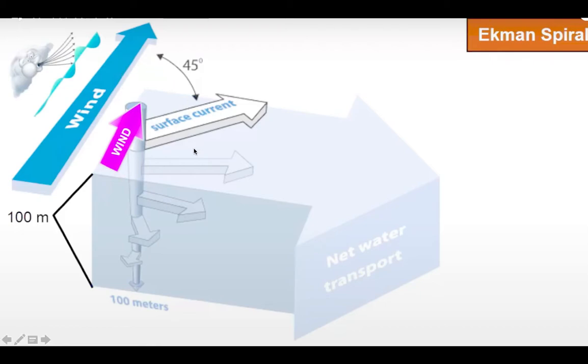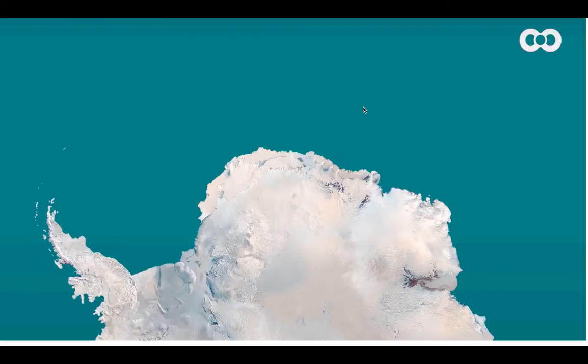But the net movement, if you do vector on this, okay, तो वेक्टर से तुम जब डायरेक्शन पता लगाओगे, the net movement is always at a 90 degree. In the northern hemisphere it is towards the right, in the southern hemisphere it is towards the left.